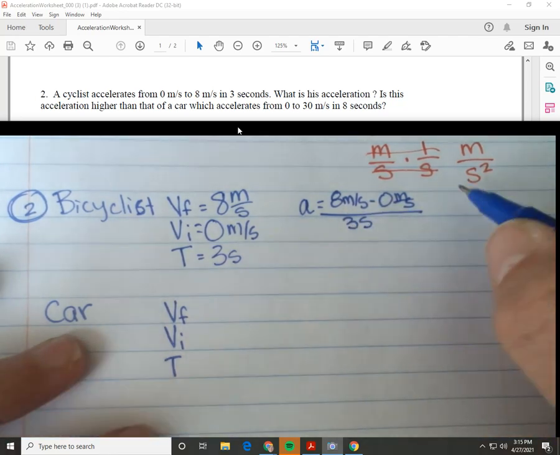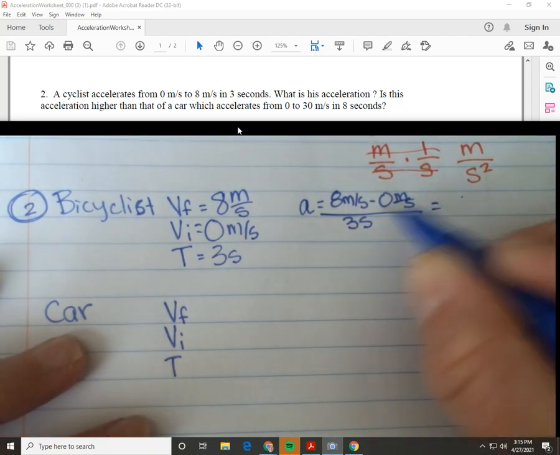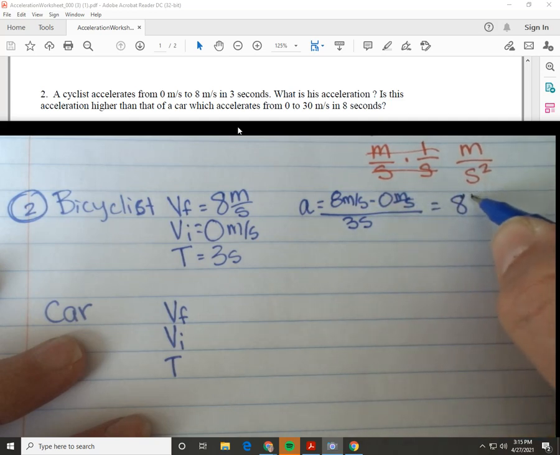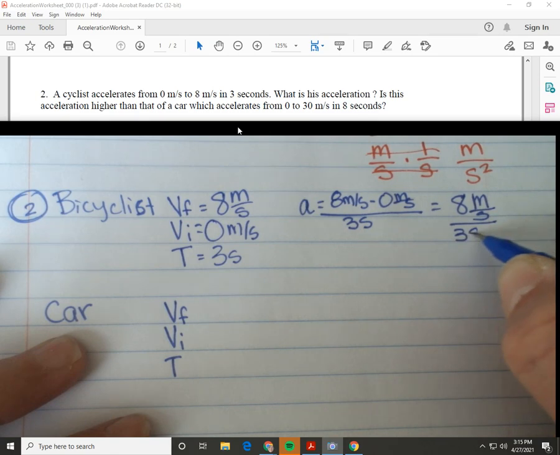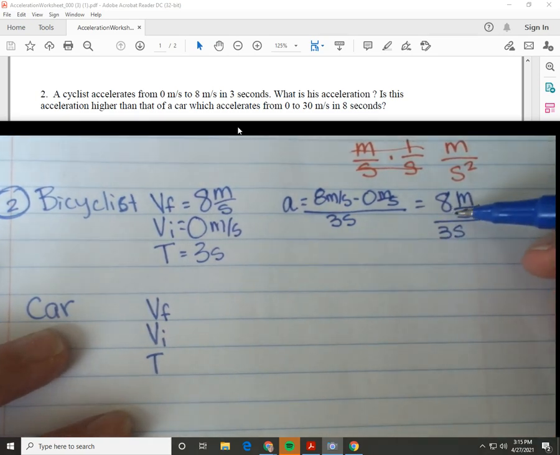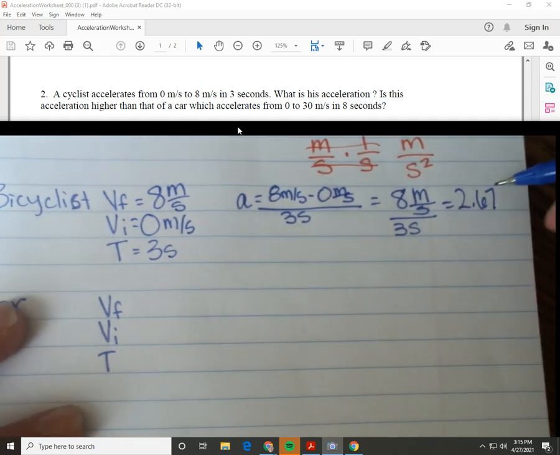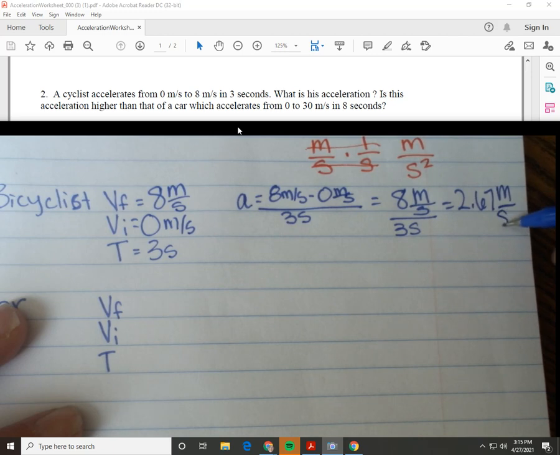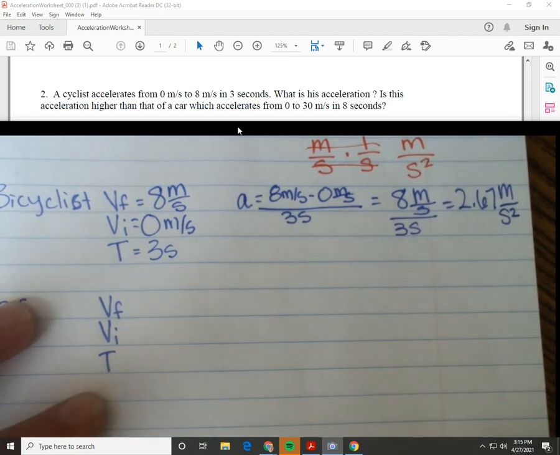So 8 minus 0 is 8. We probably could leave that part out, but for clarity, we're going to make sure and keep it in there. So this would be 2 and 2/3, which is 2.67 meters per second squared. Okay, and then our car